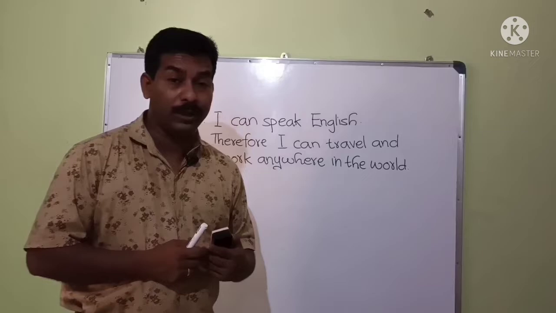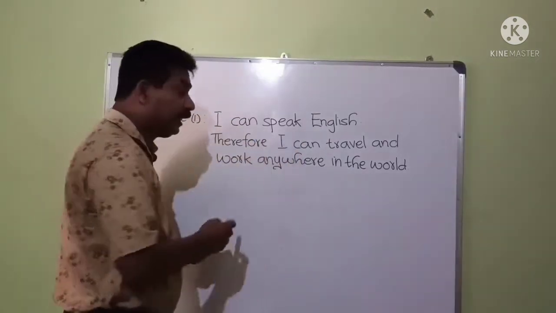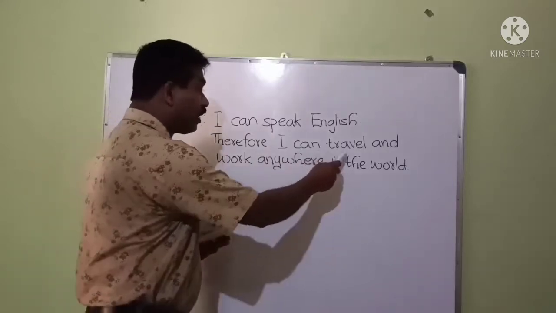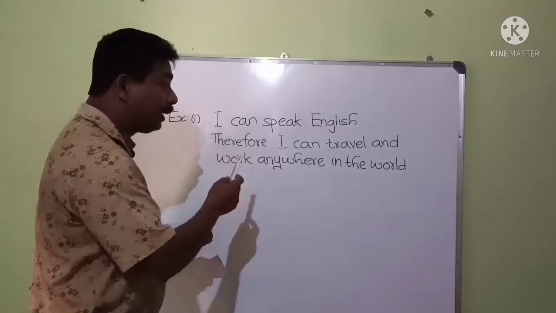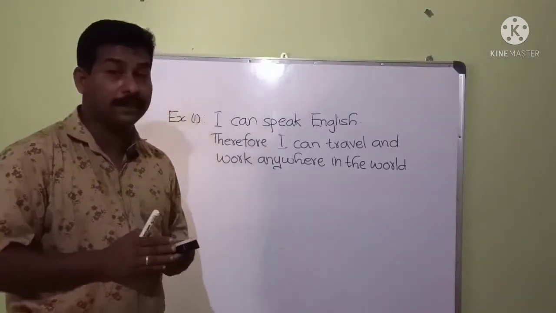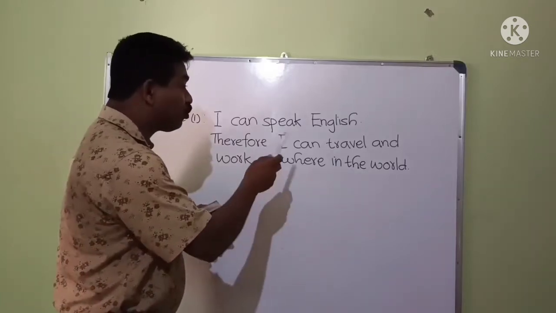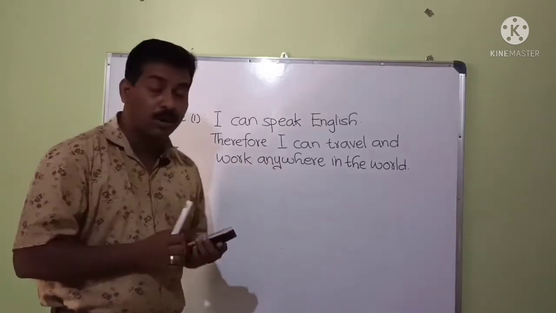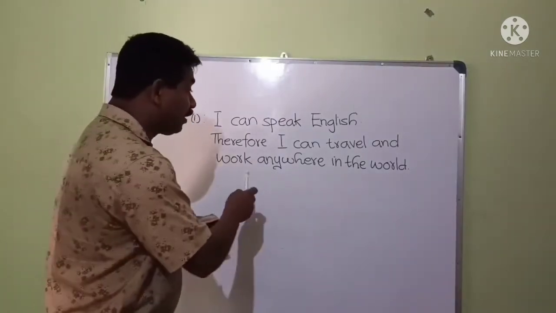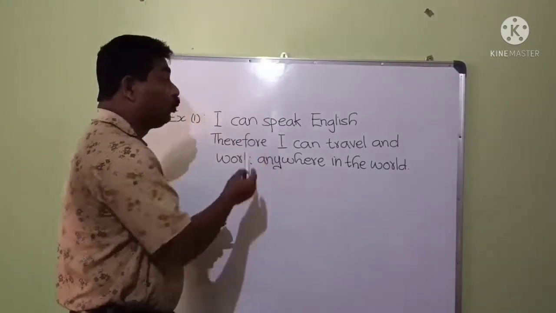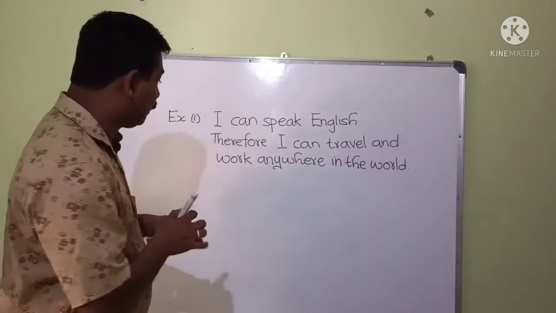Let's consider a few examples. Example number 1. I can speak English, therefore I can travel and work anywhere in the world. Here, "I can speak English" is the first sentence. It refers to something. "Therefore, I can travel and work anywhere in the world" is the second sentence. It shows us the result of what the first sentence refers to. When we join them, we get: